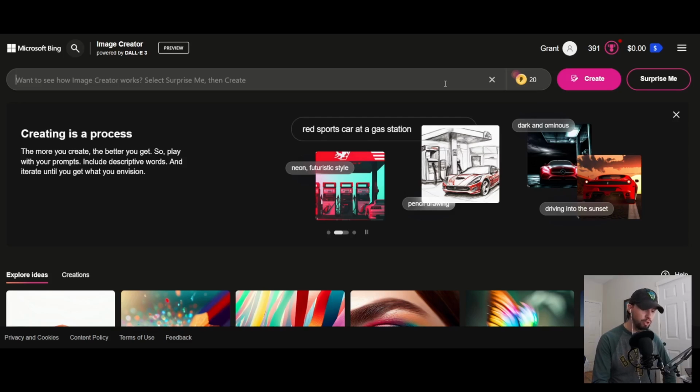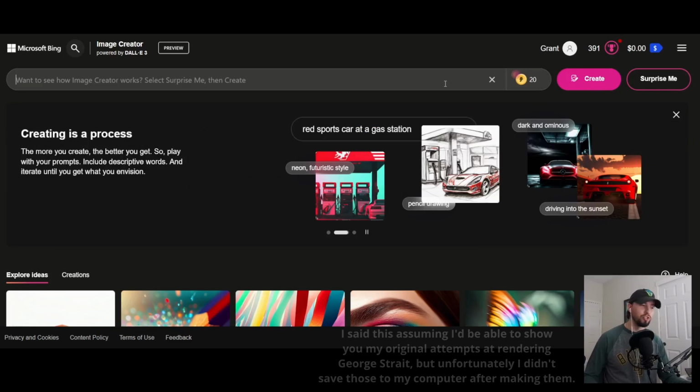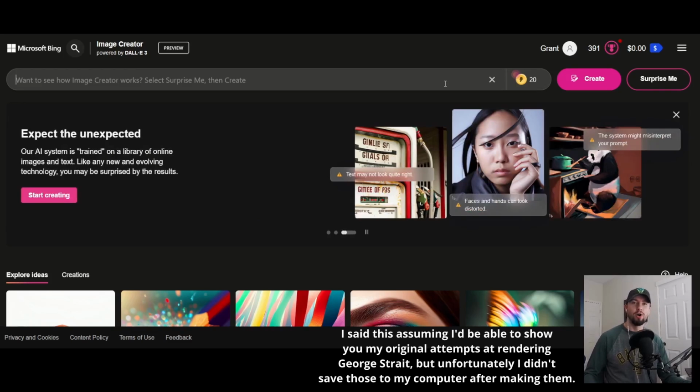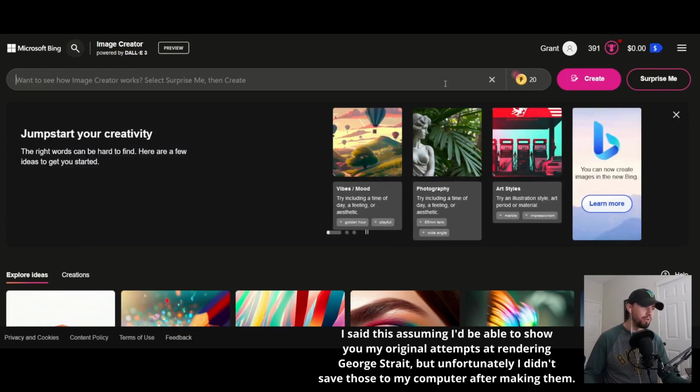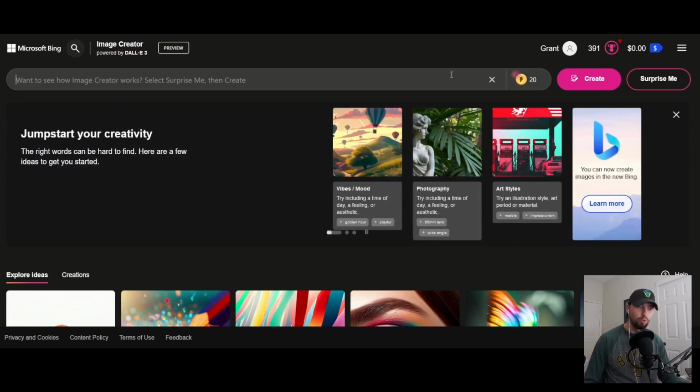So first we will start with, of course, George Strait, who had an entire episode dedicated to him. For some reason, the AI just doesn't seem to know what George Strait, one of the most iconic country singers ever, looks like. I don't get it. Maybe things have changed over the past couple days, but we'll see. So of course, one of George Strait's earlier endorsements earlier in his career was Bud Light.